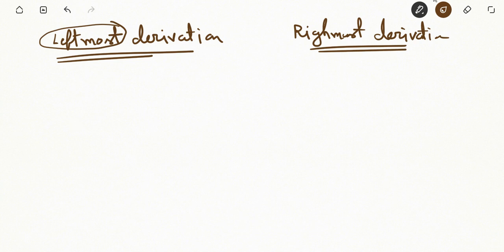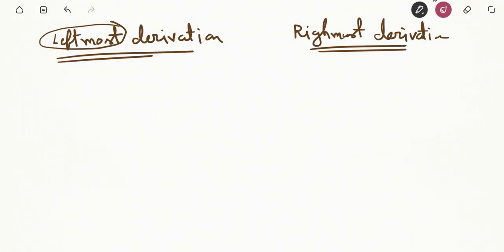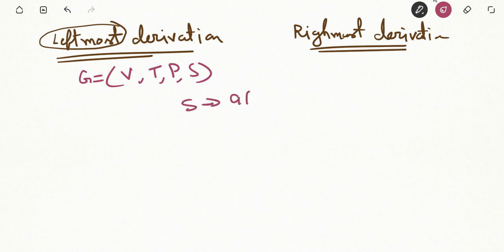Let us consider one example. Suppose the grammar is defined as G = (V, T, P, S) and the production rules are S is rewritten as AAB, A is rewritten as BBB, B is rewritten as a or null.